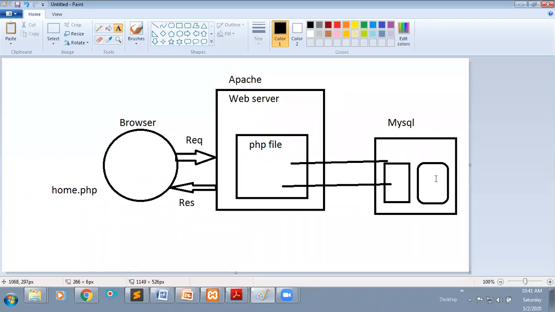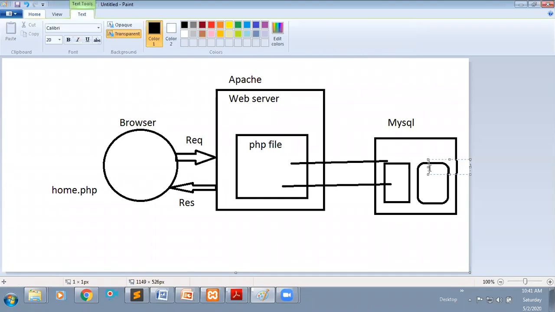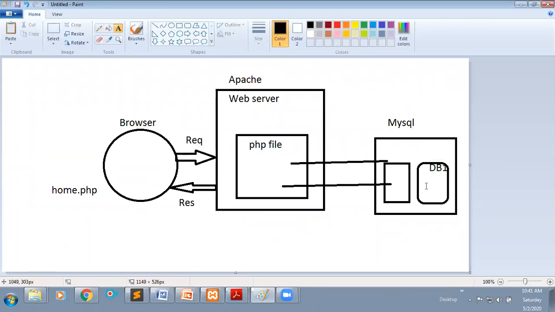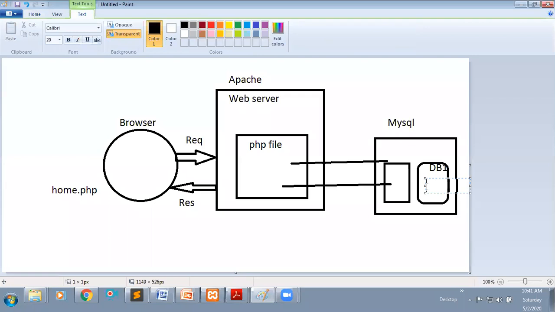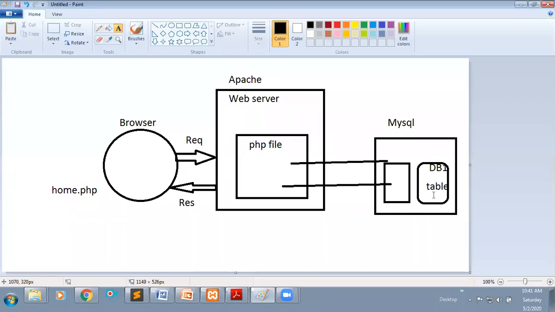A table means it has some rows and columns. For example, consider this is one database, db1, within this MySQL server. Within this db1, I can create one table, and within this table I can store my data in the form of rows and columns.